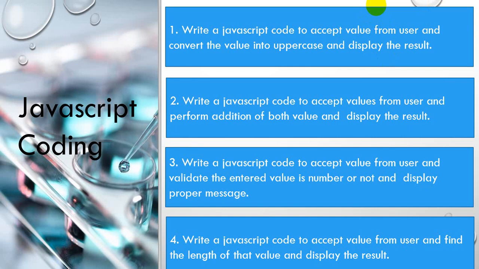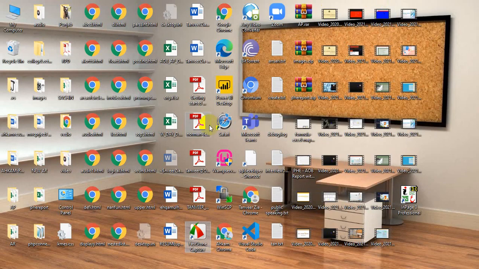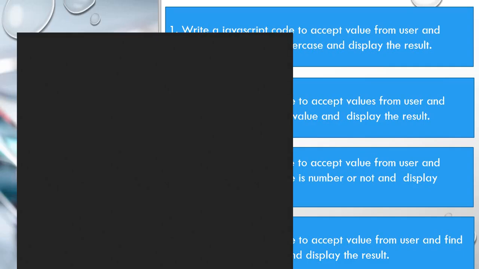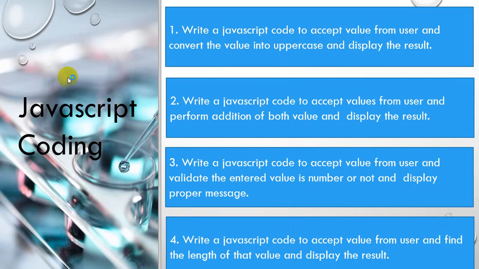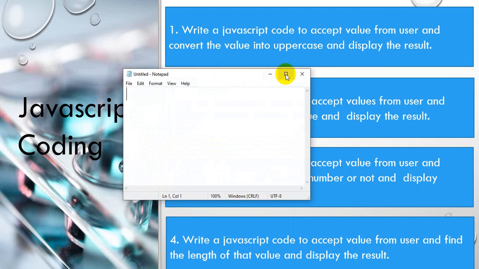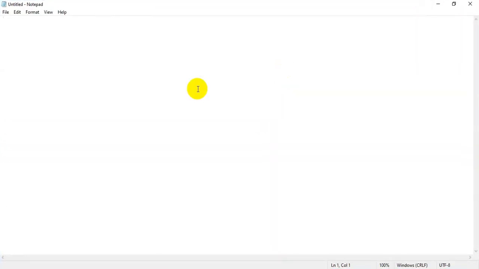So we are moving towards our notepad application in which we will perform this coding. I am going to my notepad, I will search notepad. Okay, this is my notepad application. I will start my HTML page because I have to write the code inside an HTML page.